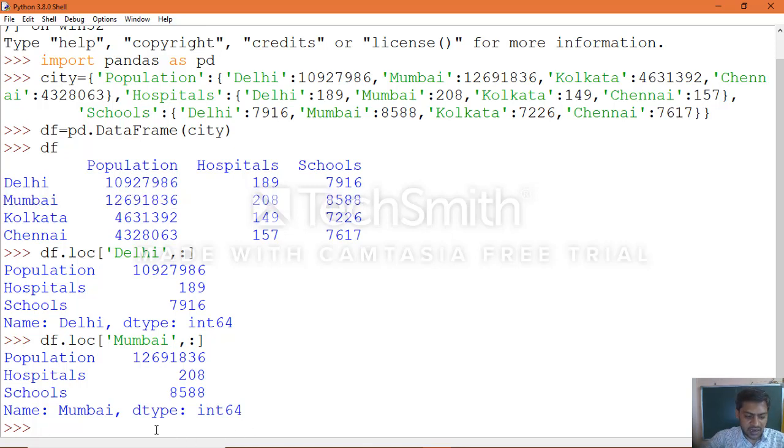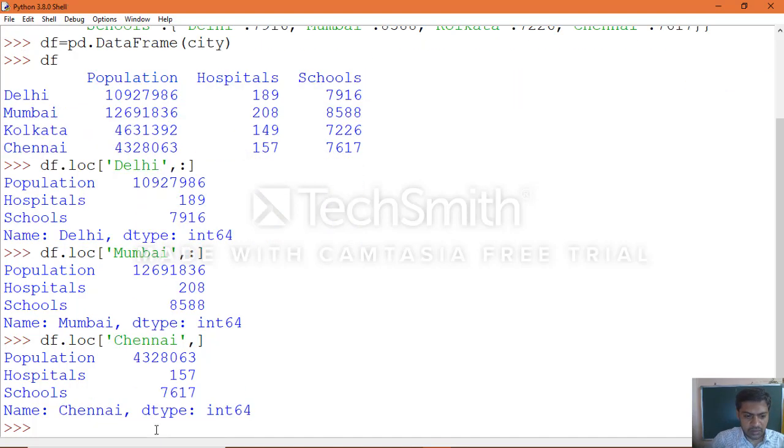Let me see what happens if you miss the colon. Chennai, comma. So without the colon we are also getting the output, but the textbook specified that we remove the colon, and we will remove this comma also. We will just specify only the row label name.